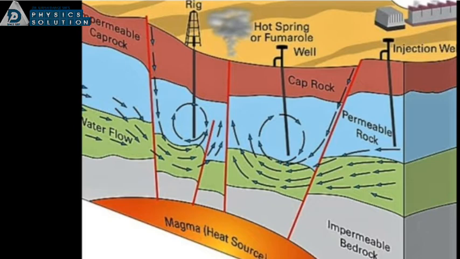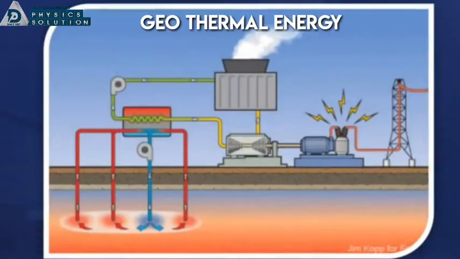Hotspots are the regions of intense heat inside the earth's crust where molten rock, known as magma, formed due to geological changes, is trapped. When underground water comes in contact with hotspots, steam is generated. This steam remains trapped between the rocks and gets compressed to a very high pressure.